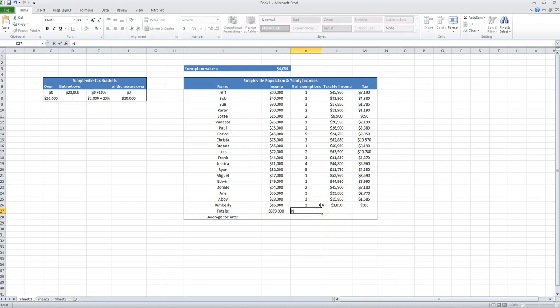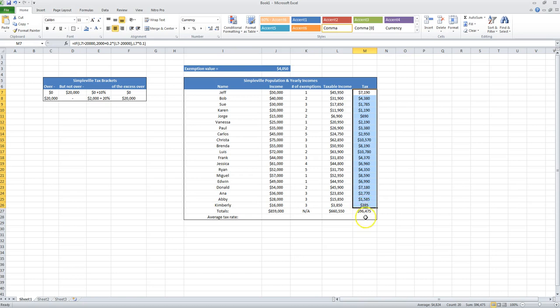Doesn't make much sense to total the exemptions. Taxable income, we could total Alt equals. This should be the same number either way. No, this one needs to be defined as the sum of all this. Yes. Yeah, 96,415. Now we can calculate the average tax rate that the entire population paid by taking the